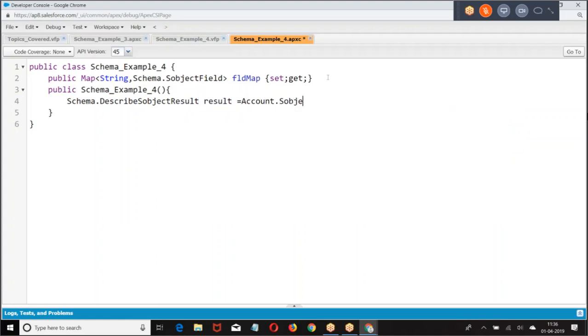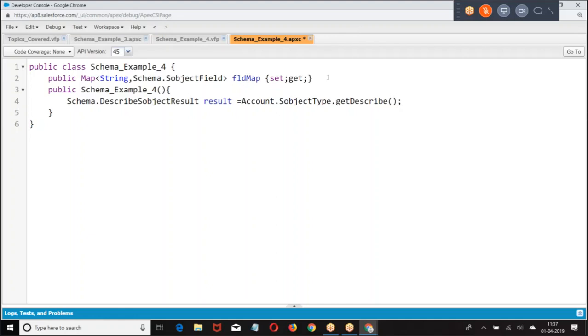Account dot this object type. Schema describe SObject result.